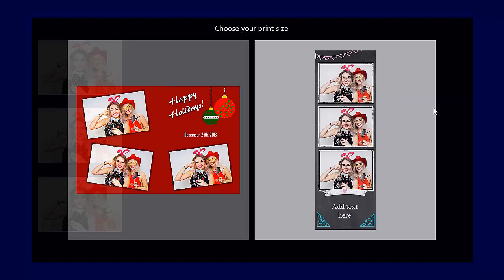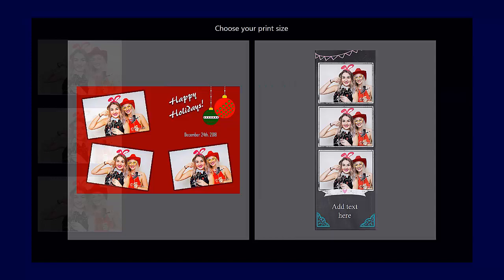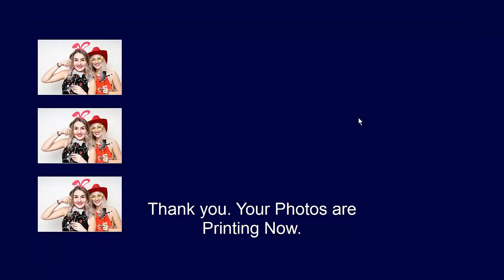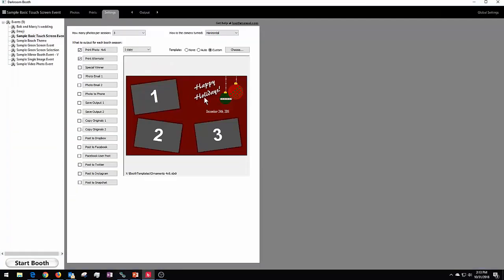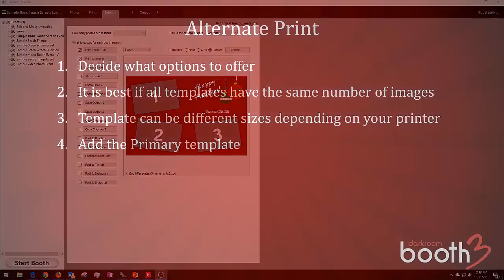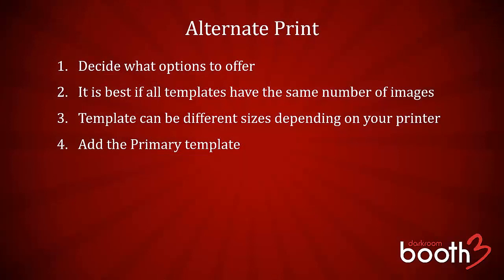I think this after the session, in my opinion, is the best option because it gives them a chance to see their actual photos taken, and then they can choose which one they like. And if it's a green screen event, they'll see it in front of the background. So that's kind of handy to be able to choose that like that. All right, now then, let me exit back out of that, switch back over to my PowerPoint,